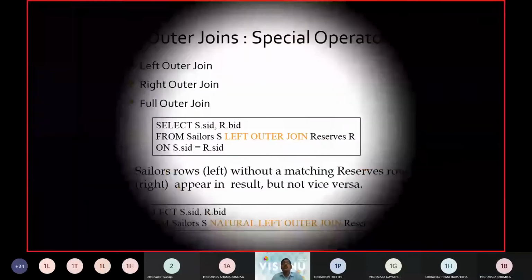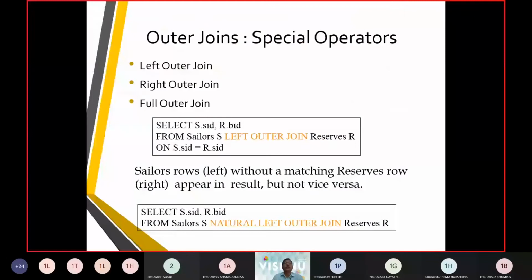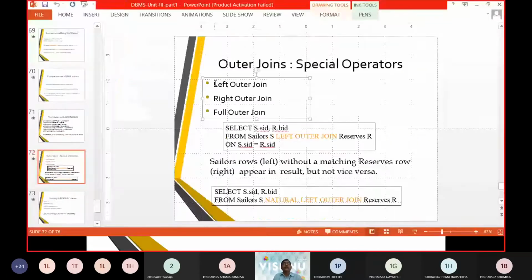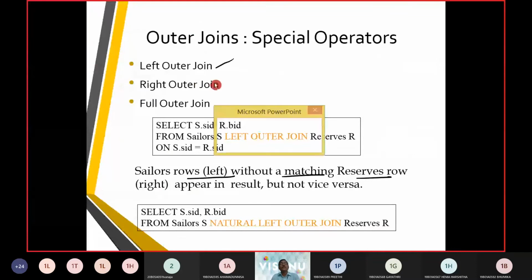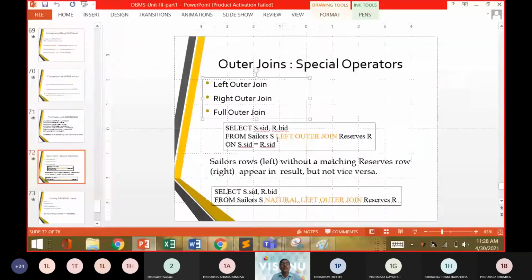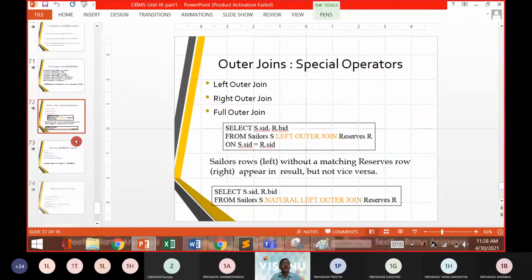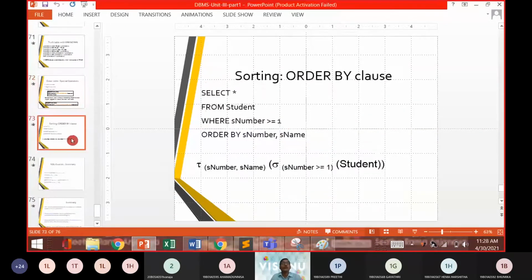So in this way, we are working with joins. As far as joins are concerned, where there is a match, the things have to appear on the left and the things have to appear on the right. So that is how we are going with left outer join. Now let us see how the right outer join is going to work.